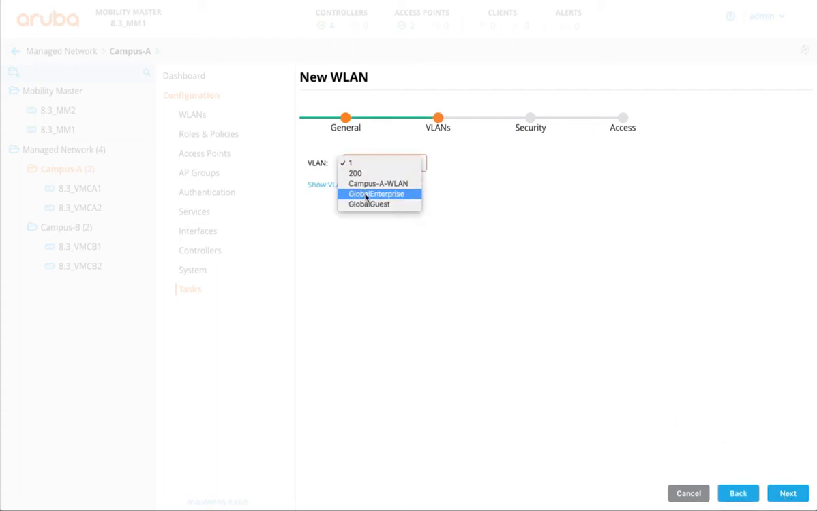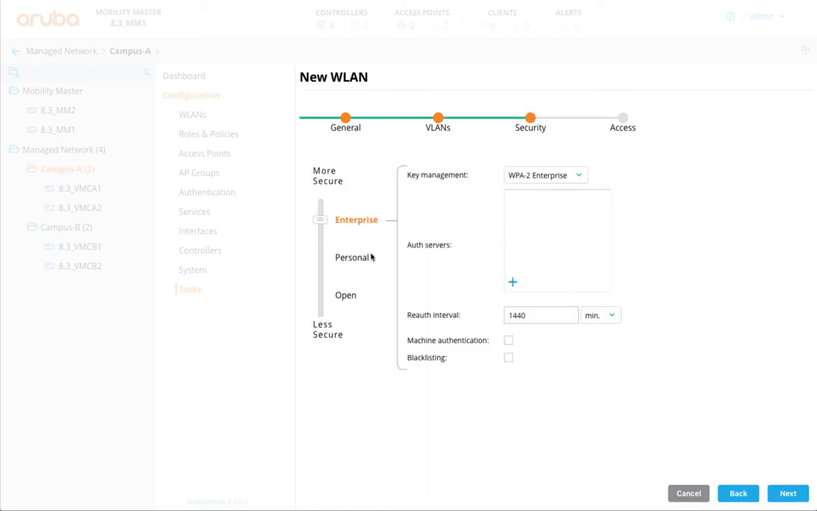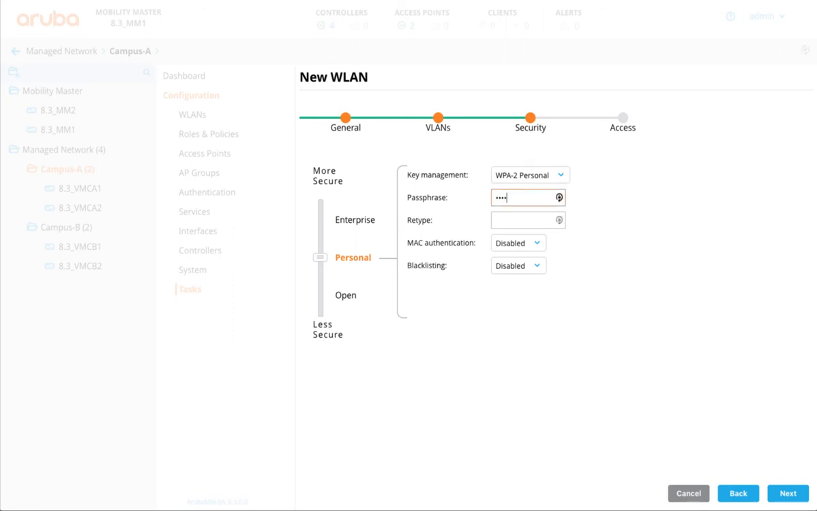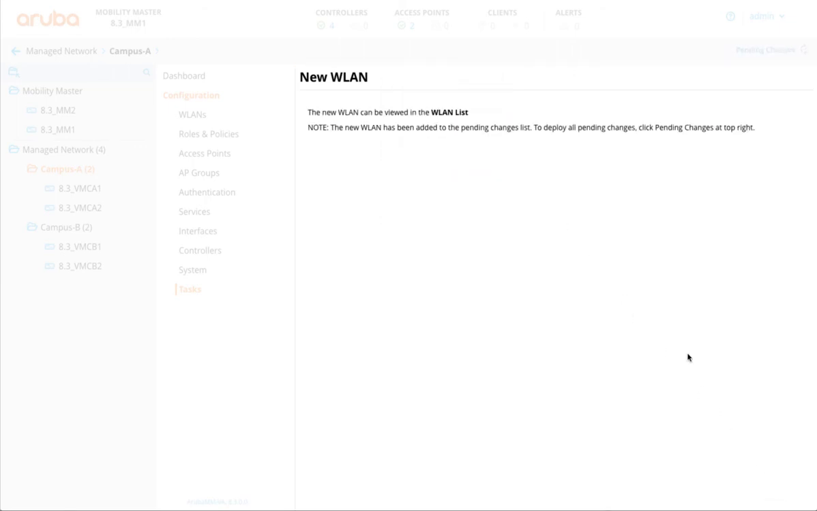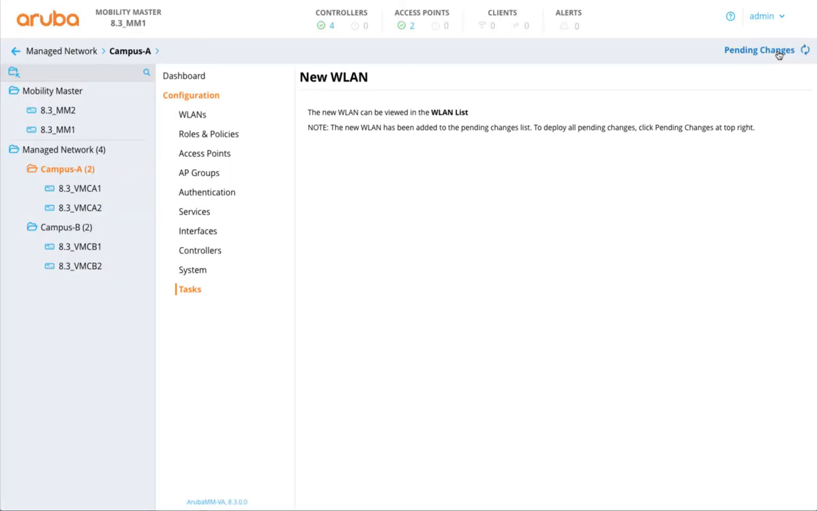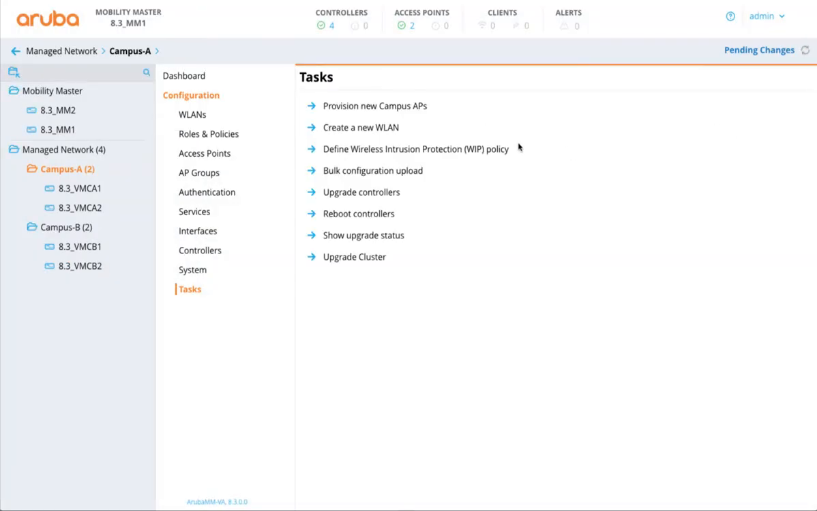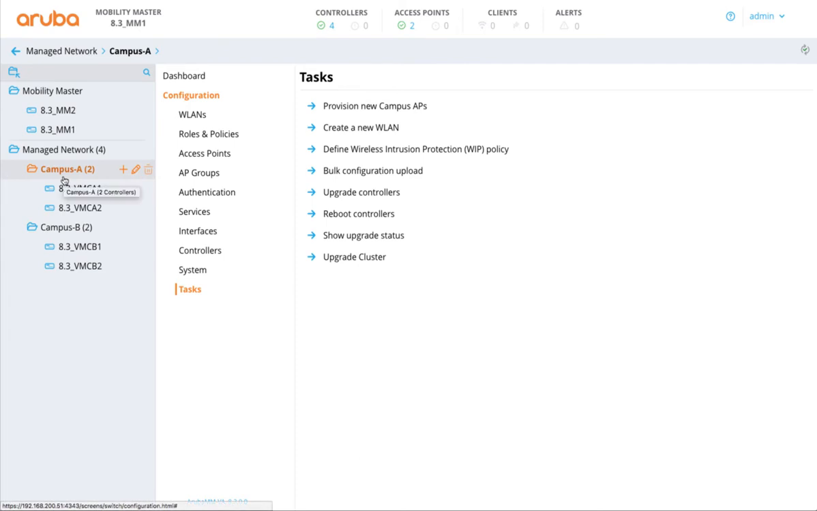We'll go ahead and put this in the global enterprise because it's all still VLAN 200. I'm going to make this a WPA2-PSK and give it a secret. I'm going to hit next, give them a role. We'll just call them authenticated and hit finish. So all I did was create a new WLAN, except this time I specified it to only exist in that